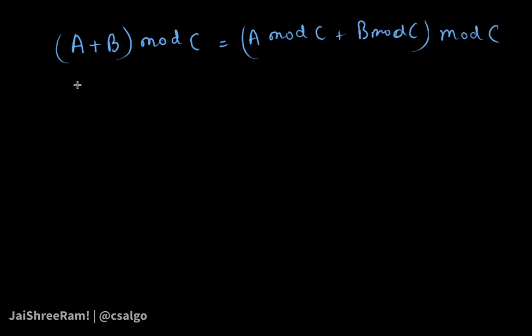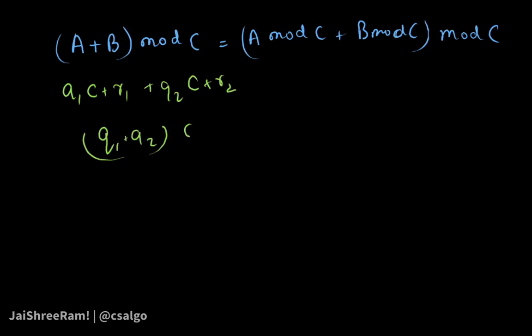Now why is that? This is pretty simple. Whenever you need to prove theorems related to modular arithmetic, you can simply take q1 times c plus r1, because any number can be represented in this form for any c, right? This is Euclid's theorem. Now you can take the other one as q2 times c plus r2, right? If you reduce this, it will be (q1 plus q2) times c plus r1 plus r2, right? Now this part is divisible by c, so that will be removed anyway when you take the remainder with c. So this is nothing but r1 plus r2